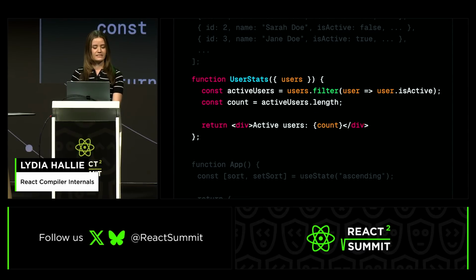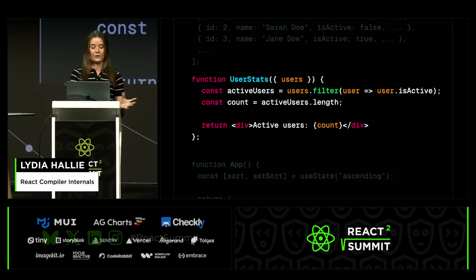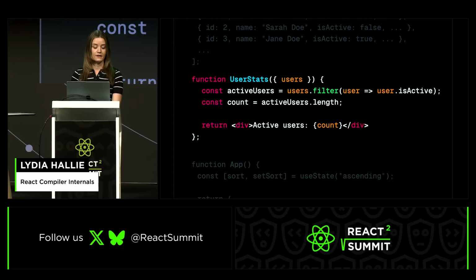But within UserStats, we're filtering the users array. Now, this is not a big deal if we just had these 3 users, but if we had 10,000 users, this has major performance implications. So before anything can render, it first has to filter through all these users. But the issue is that the users array hasn't even changed. It's just re-rendering because sort changed. So it's completely unnecessary that this re-rendered. So to avoid this